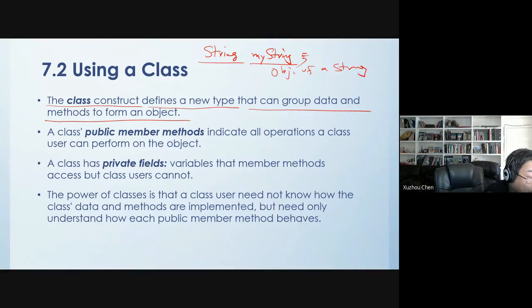Or object of string type. Now same thing with class. You can define your own class, and this class contains data and also methods. Now a class's public member methods indicate all the operations a class user can perform on